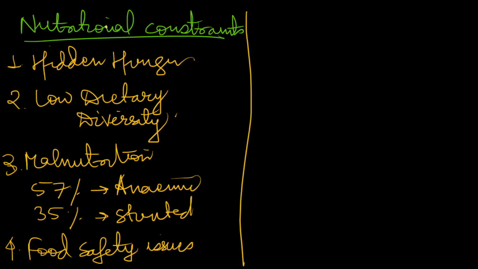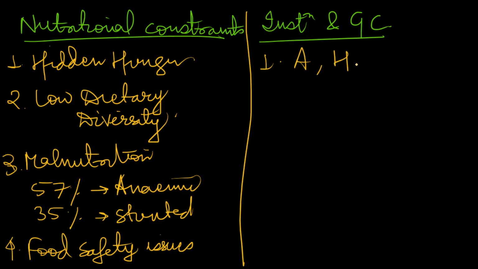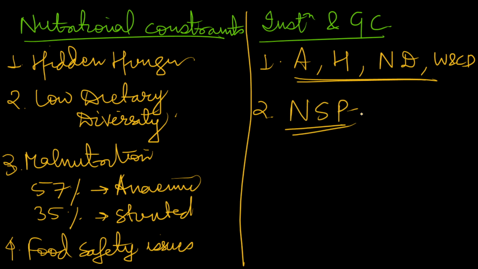You can also mention some institutional and government constraints. You can add points here such as weak coordination among ministries. The agriculture ministry, health ministry, other nutritional departments, and the women and child development ministry are not properly coordinated on the issues of food and nutrition. There is a lack of nutrition sensitive policies. We still focus on delivering paddy, rice and wheat through PDS, which is not up to the mark.